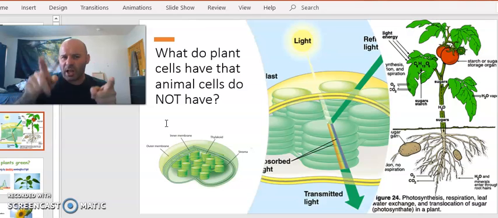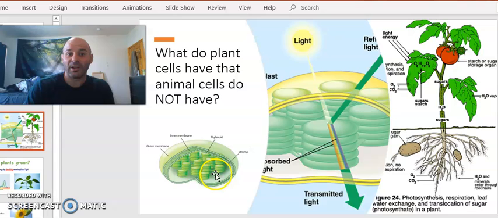So, challenge question. Remember we studied animal and plant cells. Who remembers, what do plant cells have that animal cells do not have? There's two extra special things that plant cells have, animal cells do not have. So you remembered the cell wall, right? Who remembers the little green organelle that plant cells have? Starts with a C,